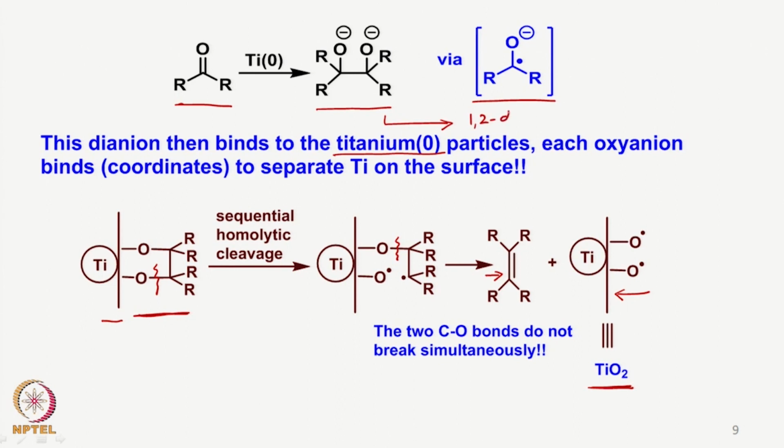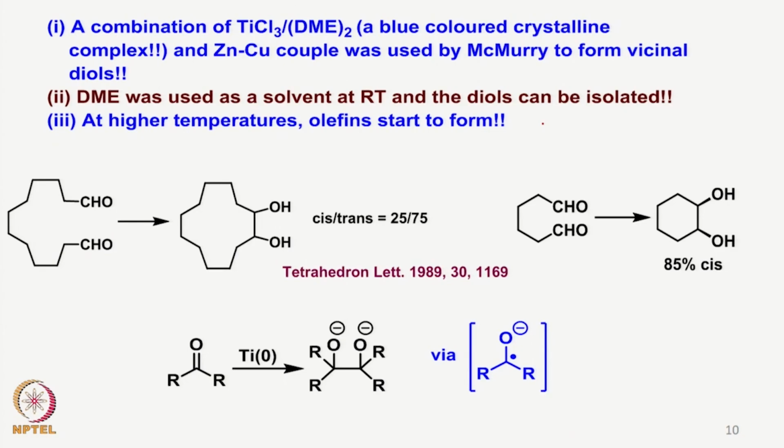That is, if this dianion is forming, then it should also be possible to trap it as a 1,2 diol, and then we can see that the 1,2 diol also leads to the corresponding olefin under the same conditions. It was found by McMurry that a combination of TiCl3 and 1,2-dimethoxyethane,